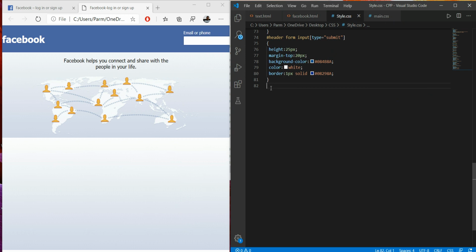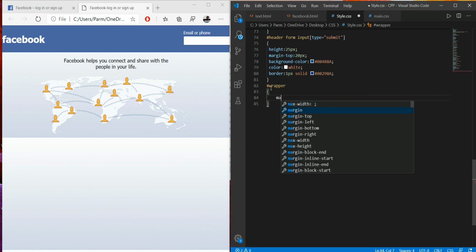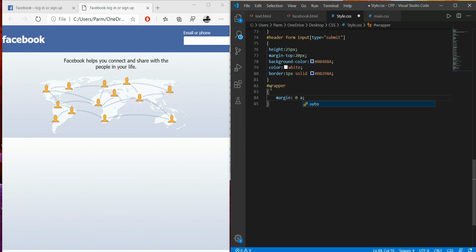write setting. So I'm going to create another wrapper class, wrapper ID, and here I'm just specifying margin 0 or auto.